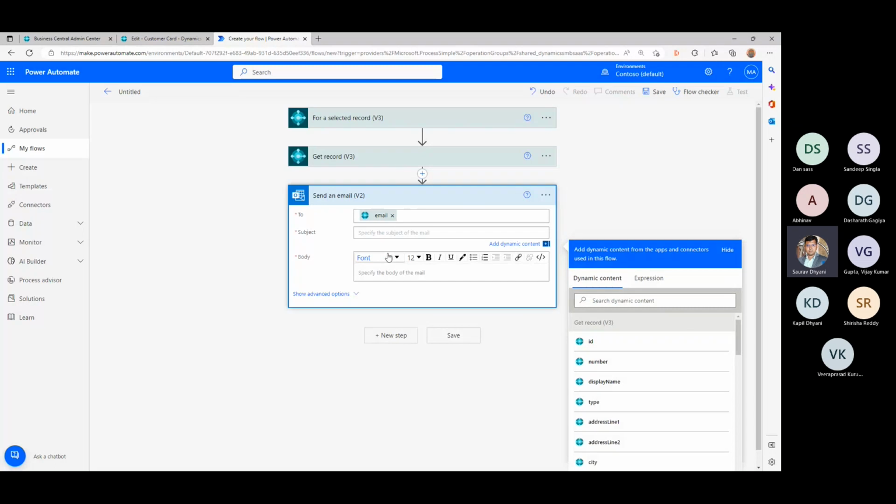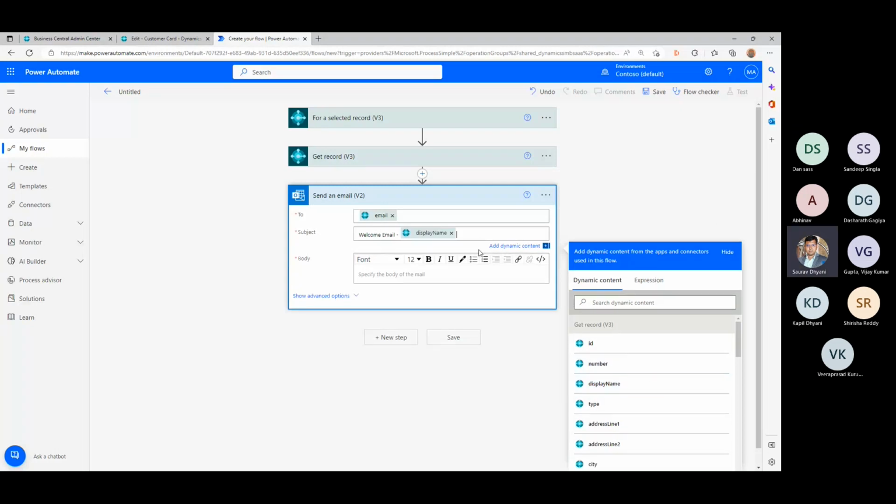And then here, you can do all kinds of concatenations and other things. I'll just keep it simple, and I don't want to make it generic. So I'll also add the customer name into it, which comes from the display name field of your API.